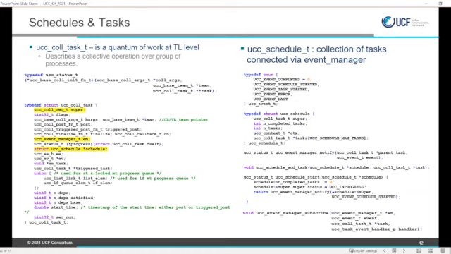If one task subscribes to another one, then, for example, if a completed event is generated on the first task, a specified callback is triggered for the second task, and the second task can do something with that. For example, it can start itself. So now we have a sequence of tasks. The third thing here is called a schedule. It's also a task, and it is a collection of other tasks.